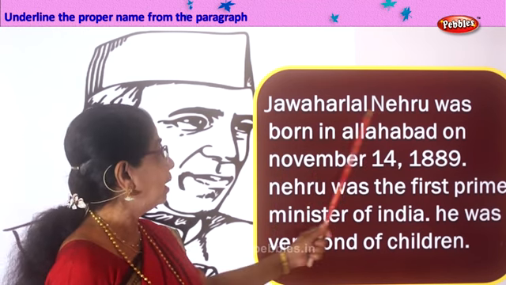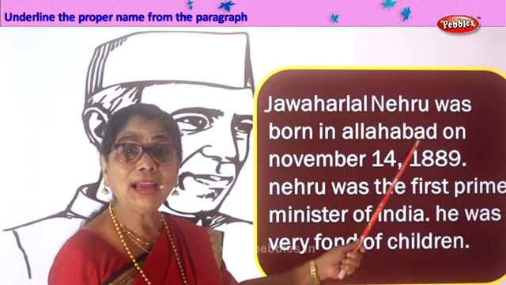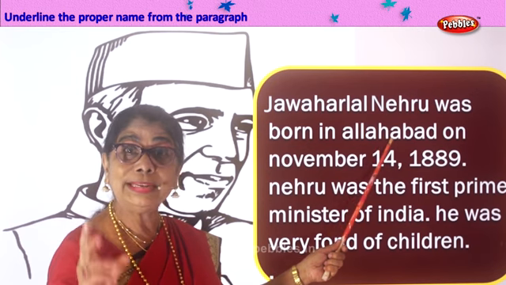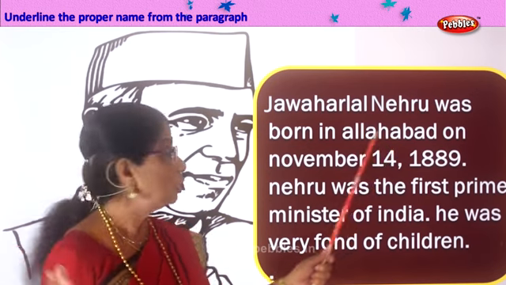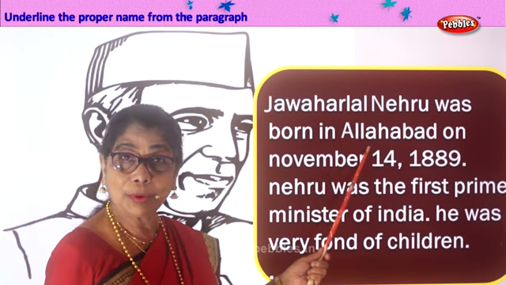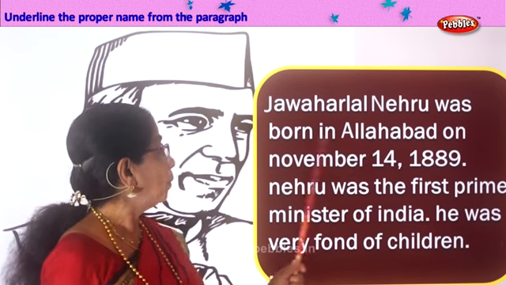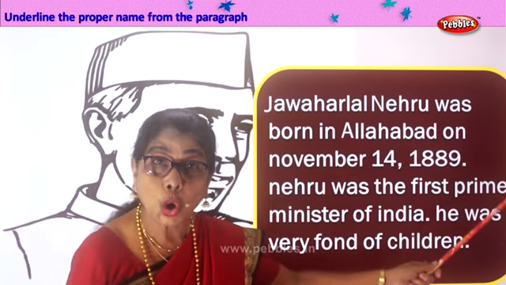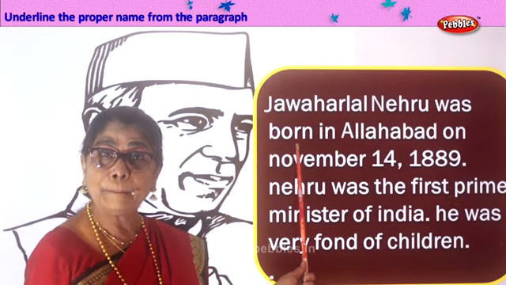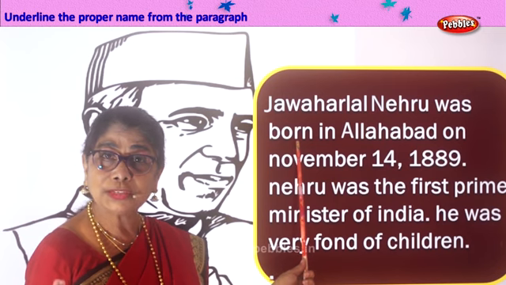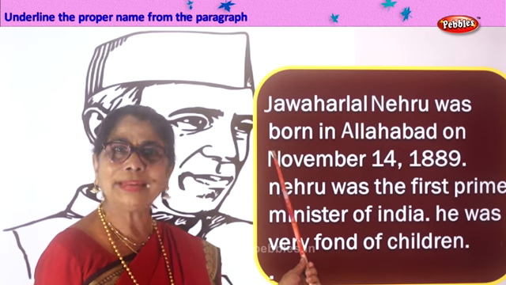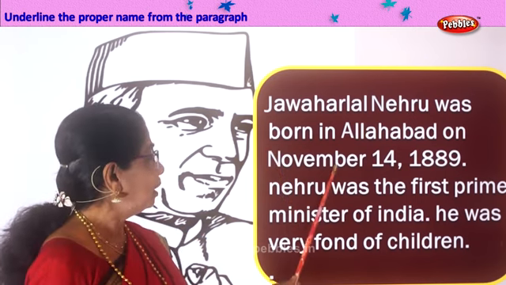Jawaharlal Nehru was born in Allahabad. Allahabad is also a proper noun, name of a place where he was born. So we change the A into capital letter. That's another proper noun, name of a place. Okay, born in Allahabad on November. November is the name of the month. Name of a month is also a proper noun. So the N should be changed into capital letter. November 14,